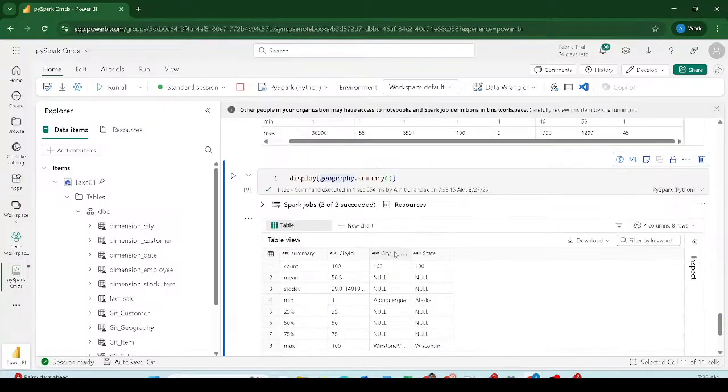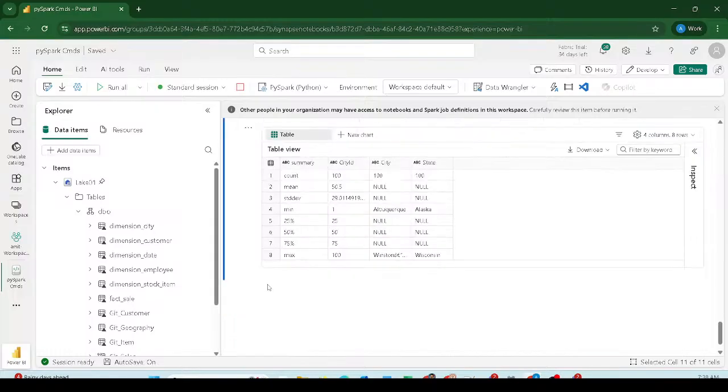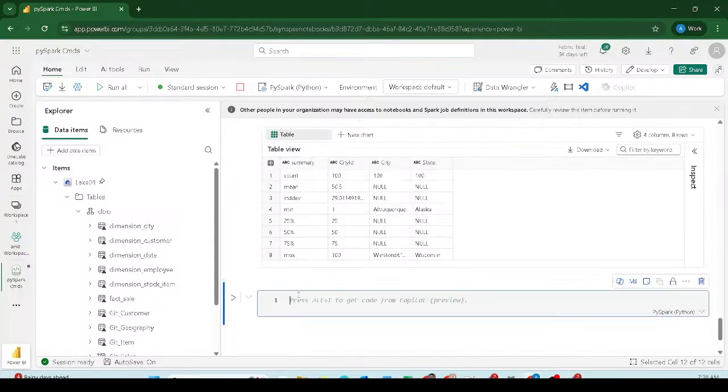Summary is going to give you more stats. It gives you count, mean, standard deviation, min. These you were getting already previously. Where are my 25% value, 50% value, and 75% value? This may make more sense when I do it for the sales table. So instead of geography, you can use